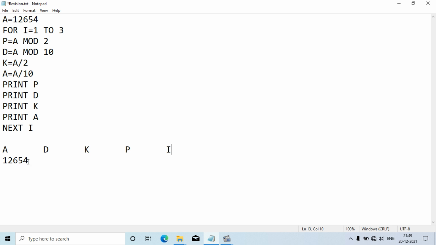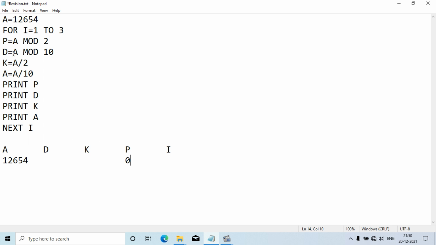We have to divide 12654 by 2. Obviously, it is an even number, so if I mod this number by 2, the value of p will be 0. It's a common sense thing. Directly, without any calculation, I can write p equal to 0.